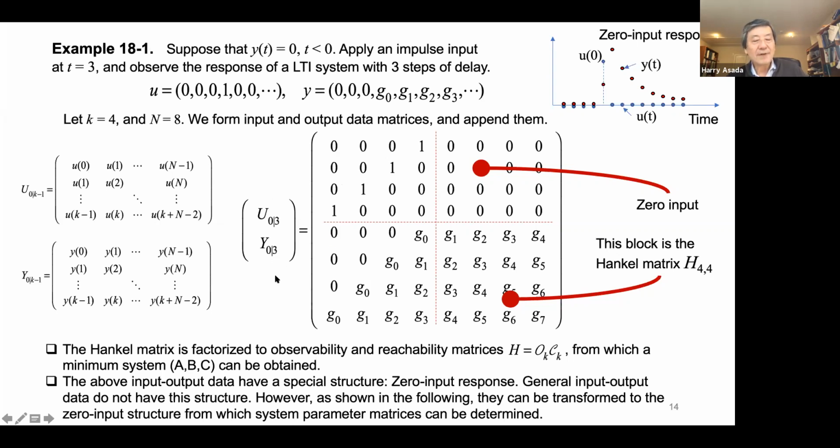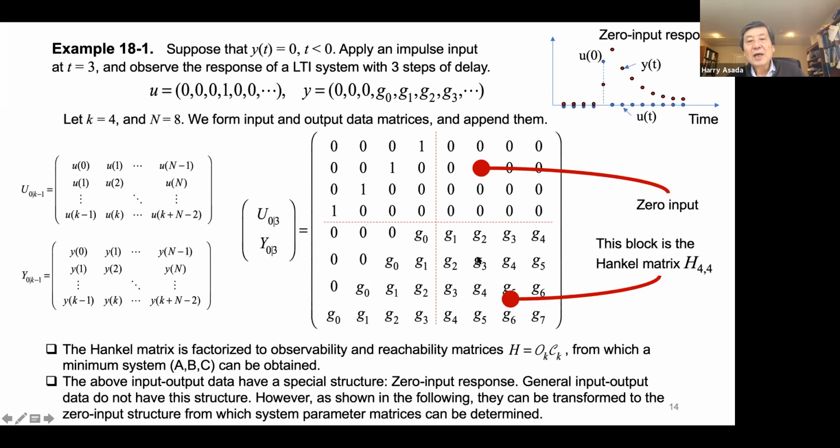Then look at a very special case, which we call the zero input response: all zero except for this part, one impulse. Through this observation, we found that the right bottom block, the 4x4 matrix in this case, is basically